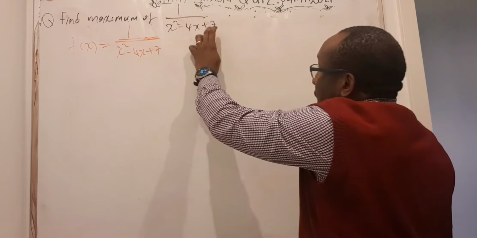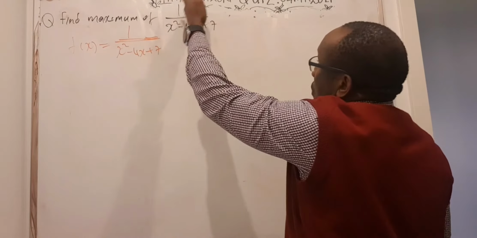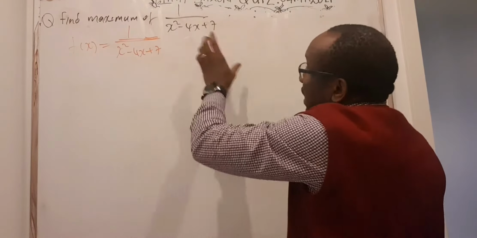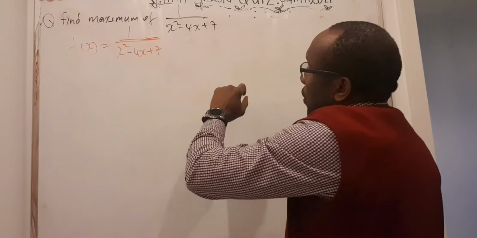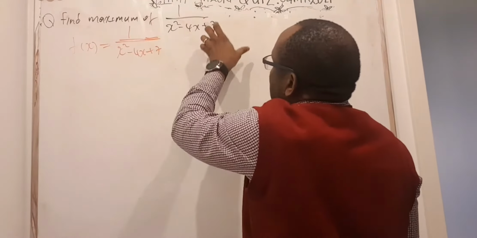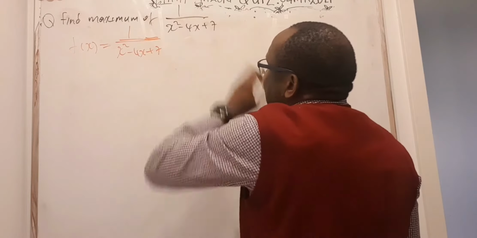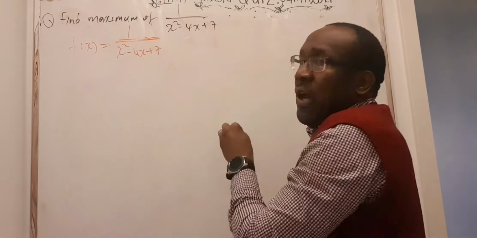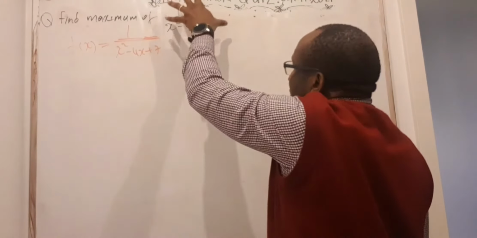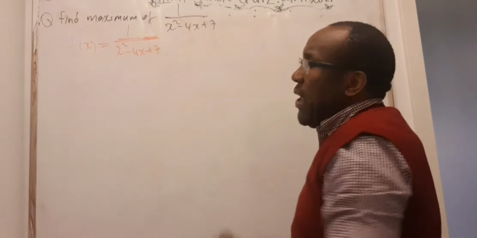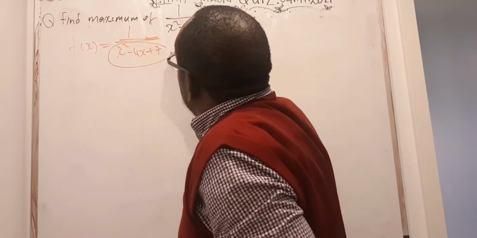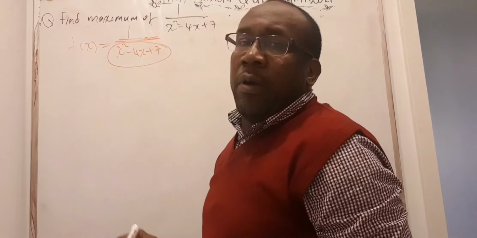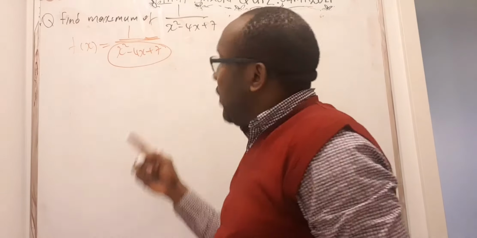This is a polynomial in the denominator and just a constant number at the numerator. So we can say that this is like a rational function. This function is only maximum when the bottom part is minimum. As the bottom part grows, this number becomes smaller. So this number has the biggest value when the denominator is smallest. It means we can just look for the minimum of the denominator and that will give us the maximum